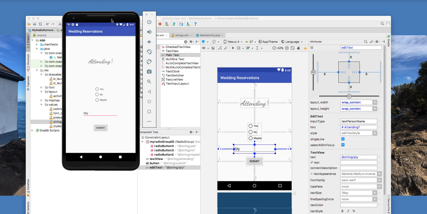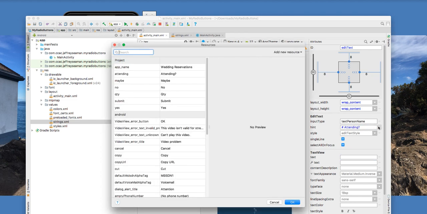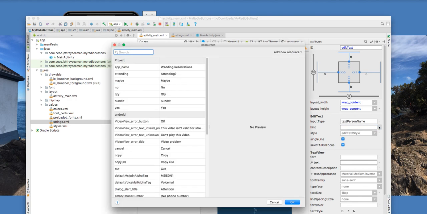So it has a quantity there. So I think we'd probably want to take that string out. Okay, so we take that string out and leave the hint there. We could probably take the hint out and do it the right way. We could add a string in here,